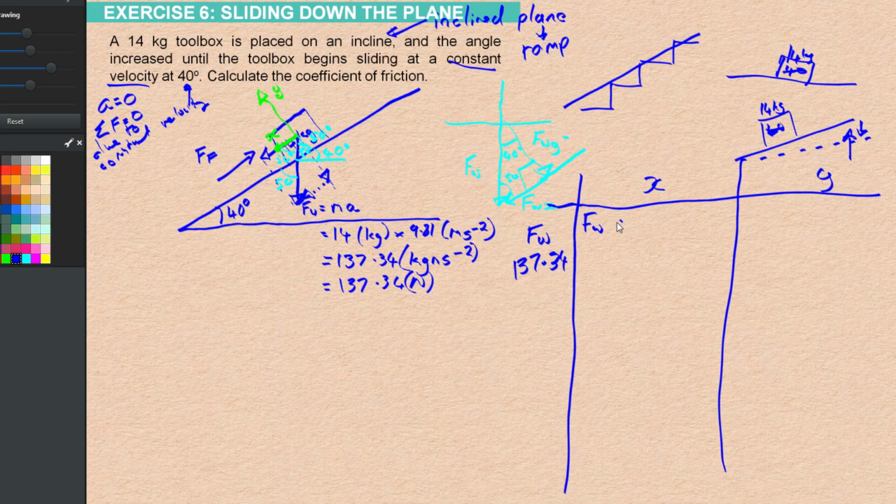This will still be cos of the angle, weight force sine of the angle. 137.34 cos of. Now, this is the x component, which, where are we? From the x-axis,